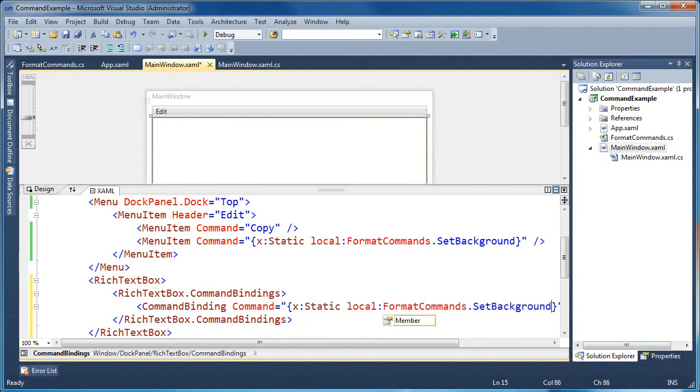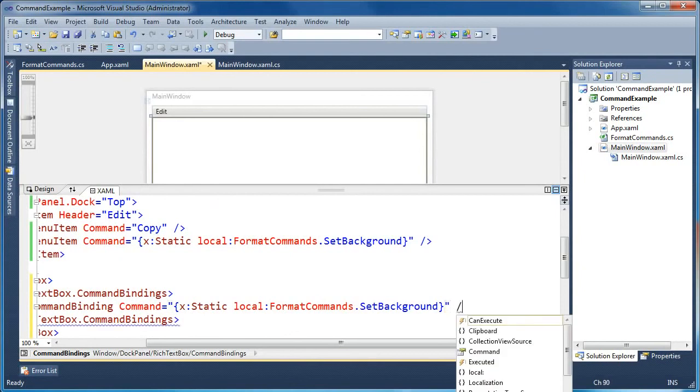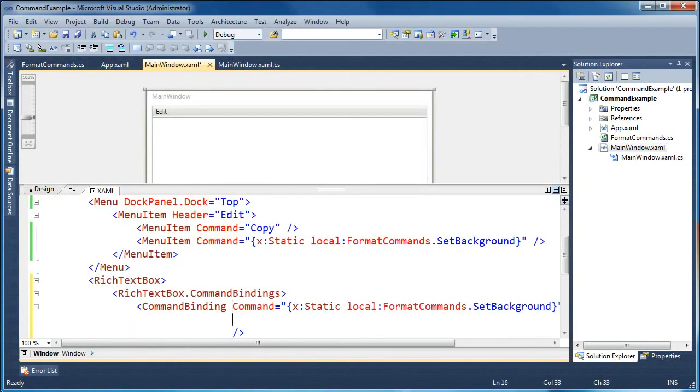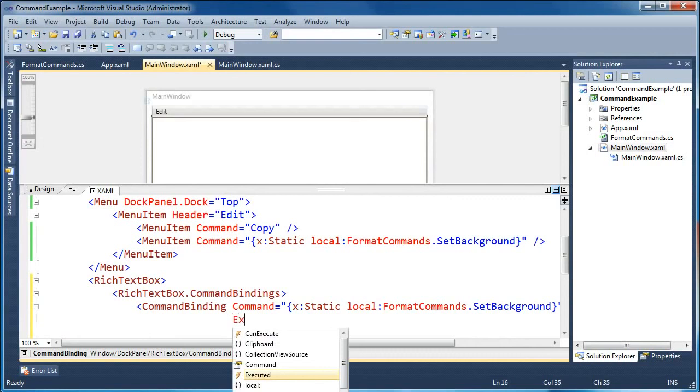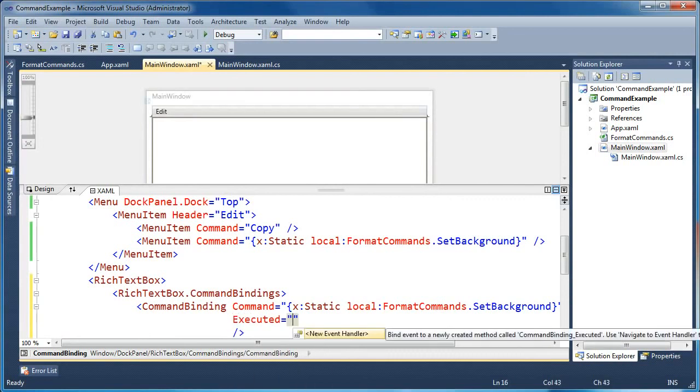So what I'm saying here is that I want the rich text box to be the command handler for the format command set background. So when that is invoked, we want to use the rich text box as the source of that, the sender of that command, and it is going to define what methods will be run to handle that command. So now I need to specify an Executed, and you'll see that it'll ask me if